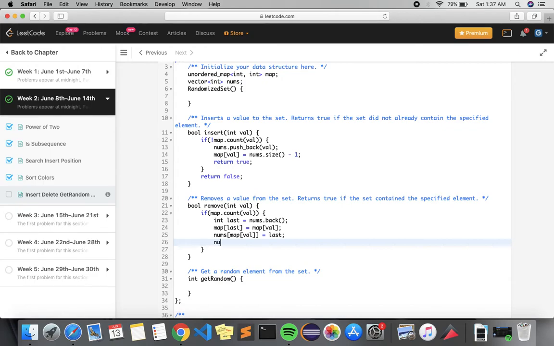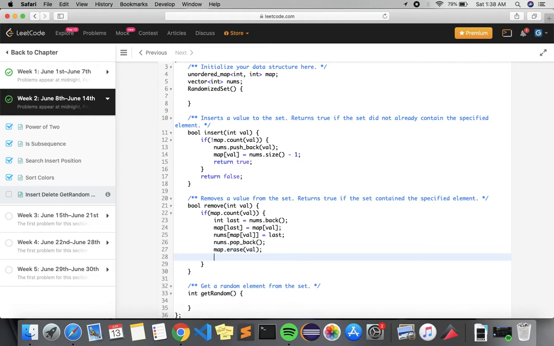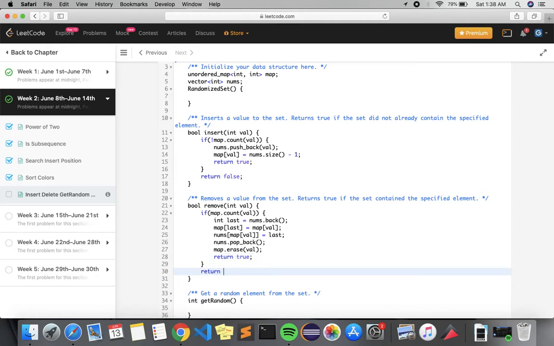Now we can just pop back from the array and erase from the map also, and return true. In this way we can do it in O(1) time.